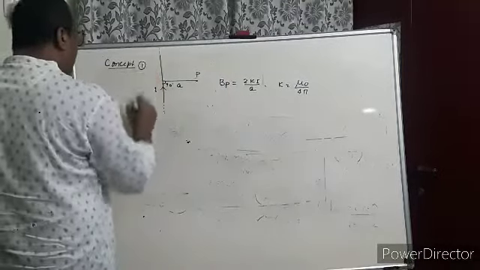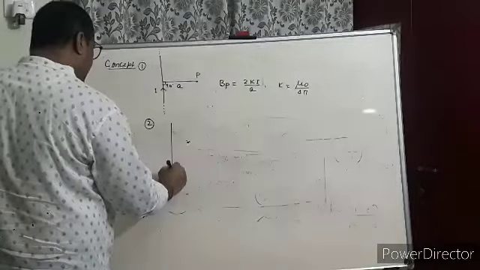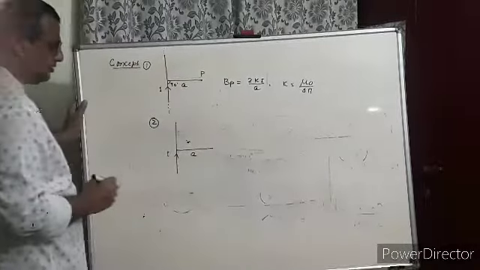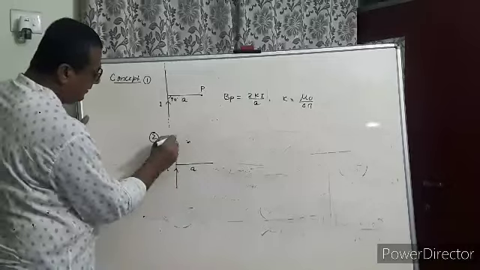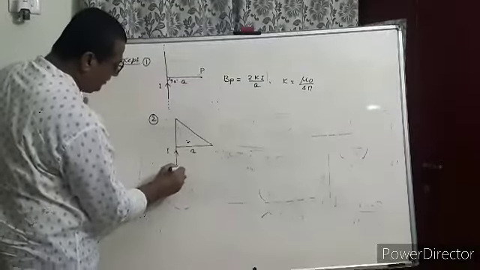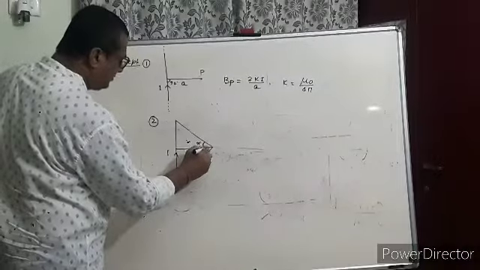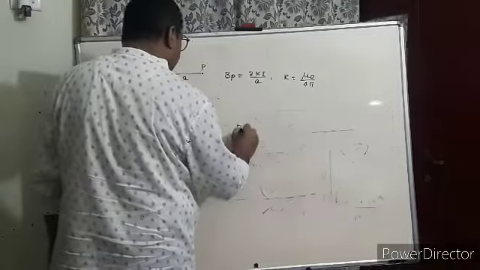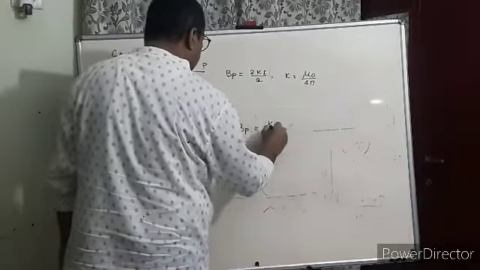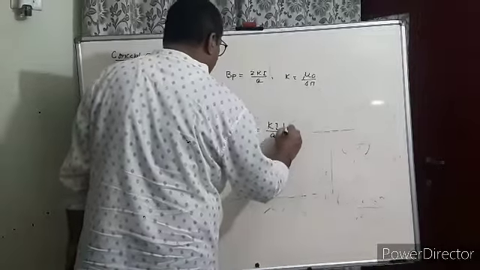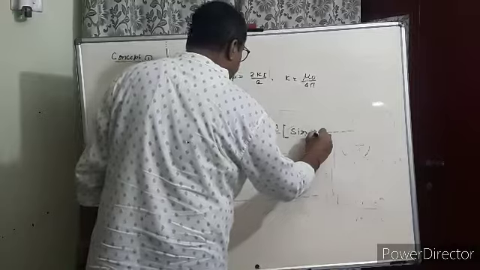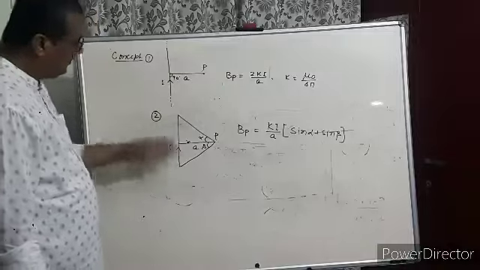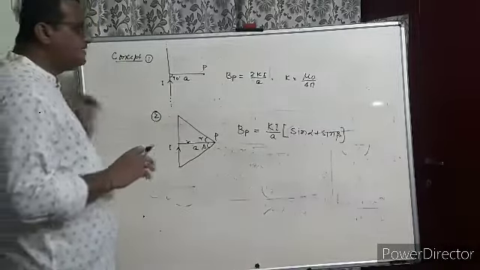Then, if the wire is finite and current is flowing, and this is the distance, join the end points from here, and this is alpha, this is beta. Then the magnetic field at point P is equal to Ki by A times (sin alpha plus sin beta). These two formulas you have to learn. Then the third formula is